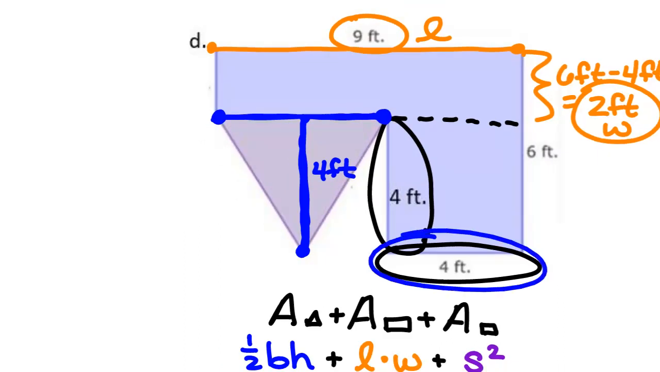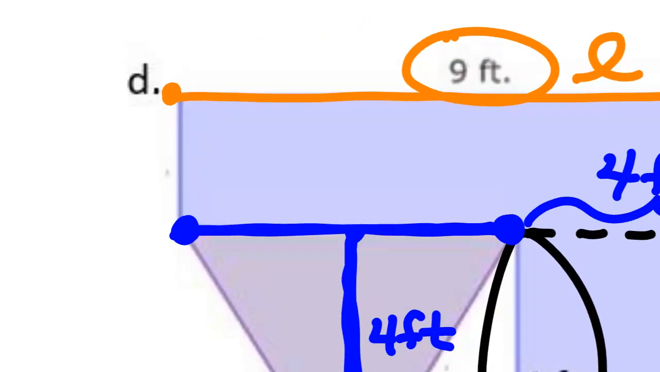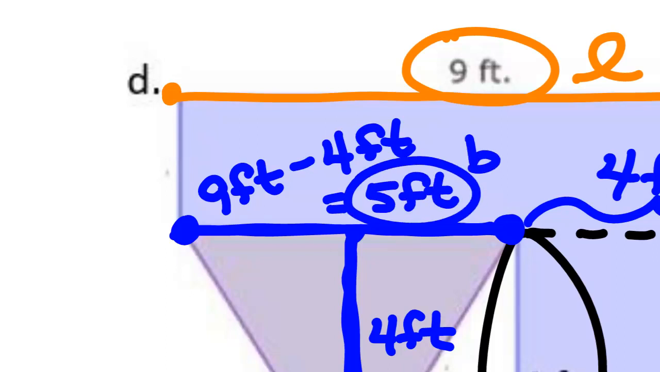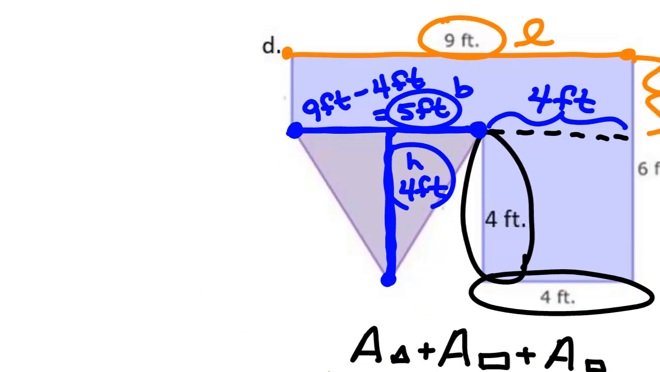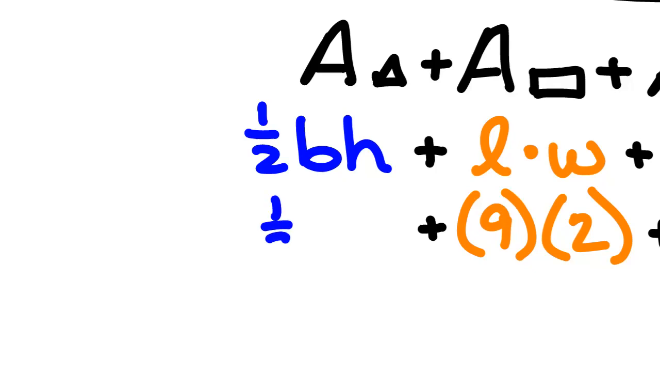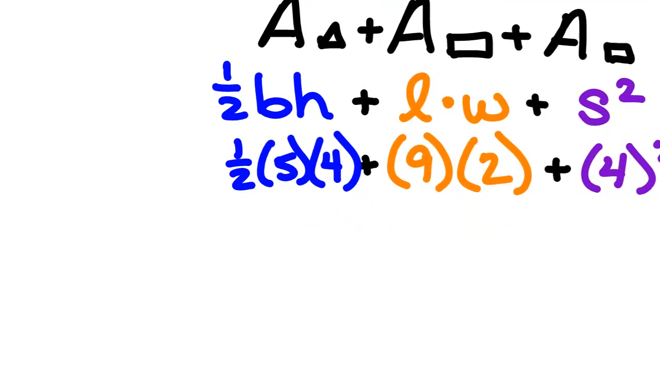Yeah, 4 is right here. So from here to here is 4 feet. I know the entire length is 9 feet. So this would be 9 feet minus 4 feet. So I have 5 feet for my base. So 1/2 times 5 times 4. One half times 5 times 4 is how much? 10. So 10